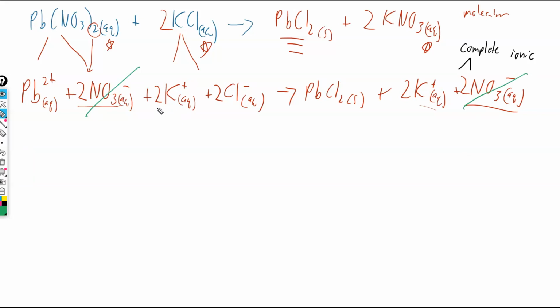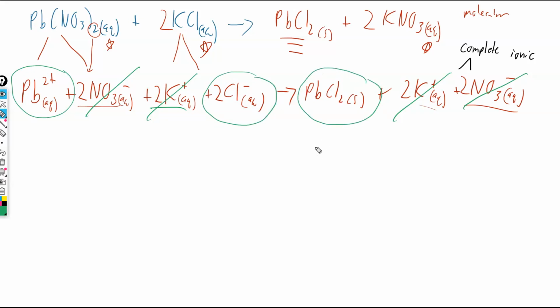Same thing goes for our potassium. So you see these guys are the same as these guys, so they cancel out. All that's left, that's what you're going to write your final net ionic equation on. So my net ionic equation now is just going to be